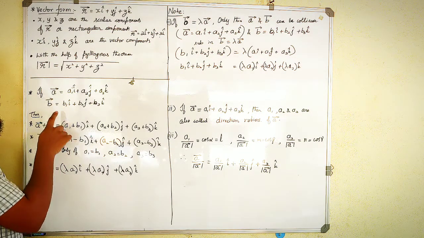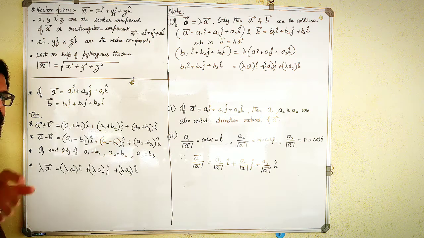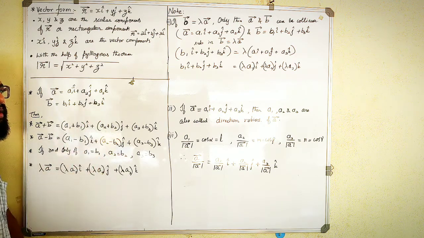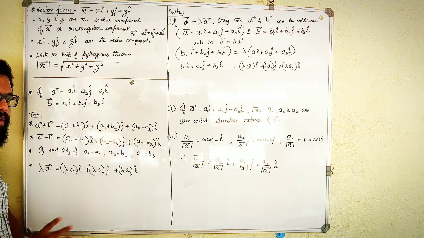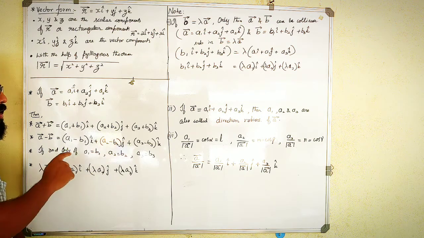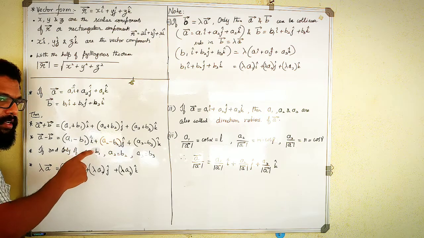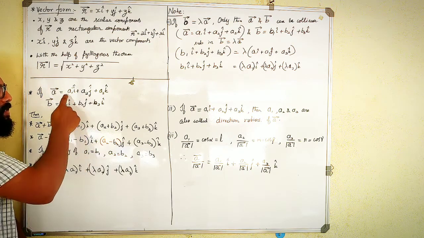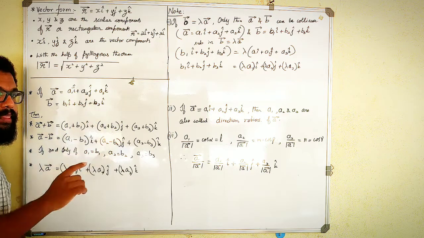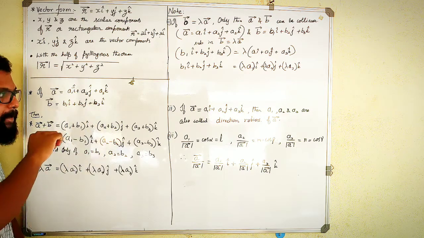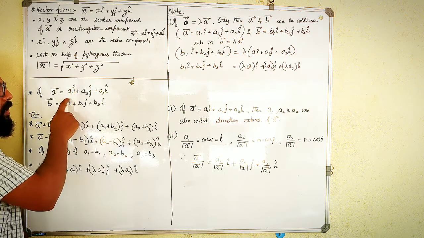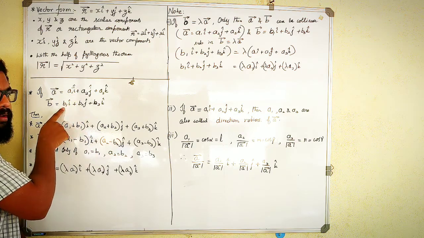a vector and b vector, they are asking you to prove that it is equal vector. So they will give two vectors and tell you to check whether the two vectors are equal or not. Now, to find out whether that is equal or not, there is only one condition: if and only if their respective scalar components are equal, that is the x component, that is a1 should be equal to b1.